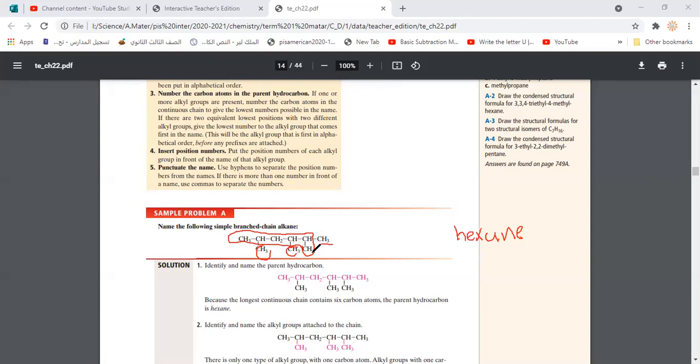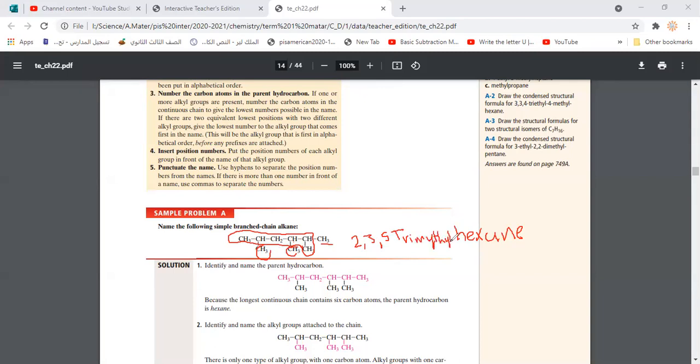So we are going to count from here. 1, 2, 3, 4, 5. It will be on carbon number 2, carbon number 3, and 5. There are how many methyl groups? There are 3. So we say trimethyl